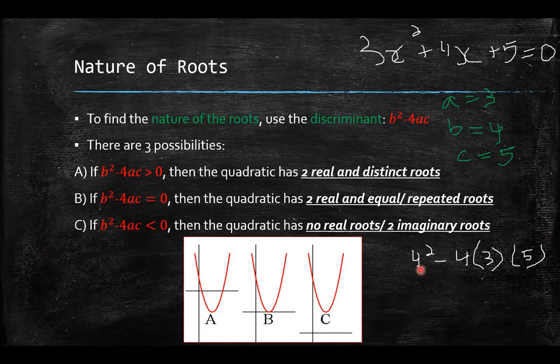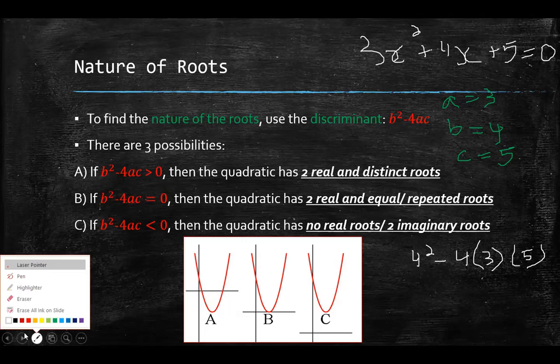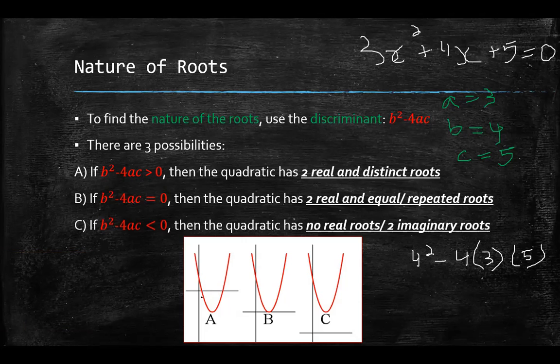If the answer I get when I finish all this is equal to 0, that means I have 2 real and equal or repeated roots. And if my answer is less than 0, that means I have no real roots or I have 2 imaginary roots. And this is how it would look. So remember, that was from the first PowerPoint, roots, or wherever the graph cuts the x-axis. So in this case, this point, that's two real roots. That's an example of A. B. If I have 2 real repeated roots,